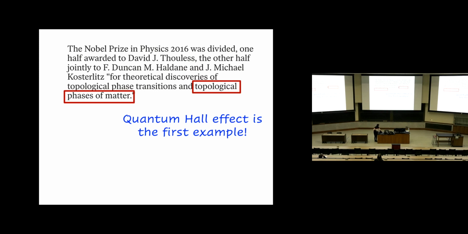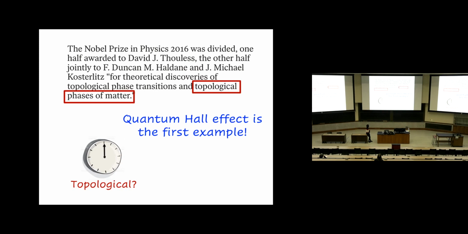Before I explain to you why we're getting those quantized values, let me use some cartoons to explain what topological means. Obviously, this mysterious word is an adjective, right? And this is actually related to so-called topology, which is an important branch of mathematics. But today I'm definitely not going to go into that, right?